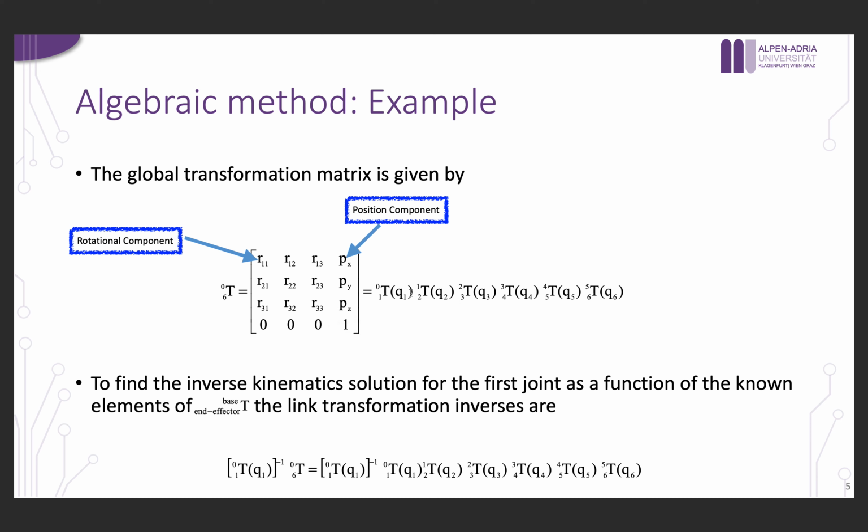These are the set of transformation matrices from 0 to 6, where we have 0 1, 1 2, 2 3, 3 4, 4 5, and so on. And we are doing these multiplications until we have the 0 to 6 transformation matrix. Now, to find the inverse kinematic solution for the first joint as a function of the known elements of the base vector, which is 0 6,